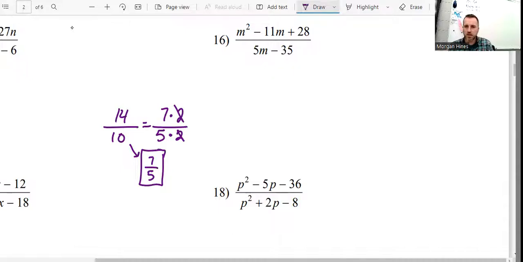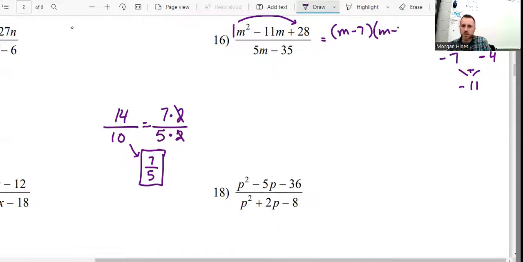Well, we can do the same thing with expressions, but the factoring part is a little bit more difficult. So we need to do a times c. A is just 1, so a times c gives us 28. We want factors of 28 that add up to the middle number, -11. Hopefully you recognize they both need to be negative, because a negative times a negative will make a positive, and a negative plus a negative will make -11. And that's -7, -4. So this becomes m minus 7 times m minus 4 divided by,